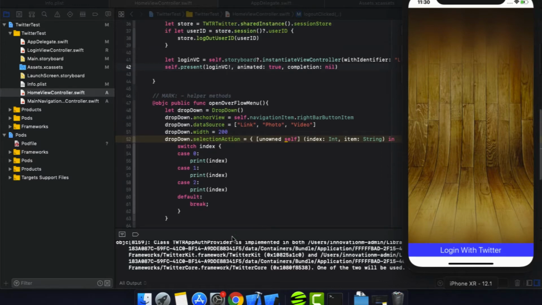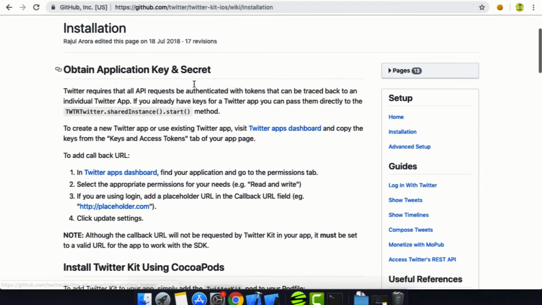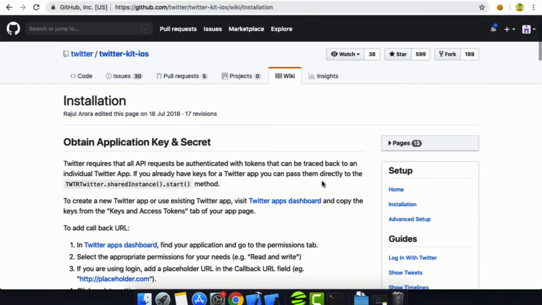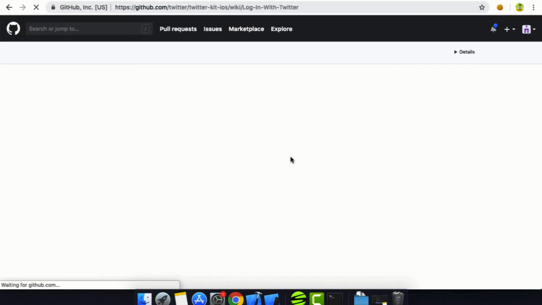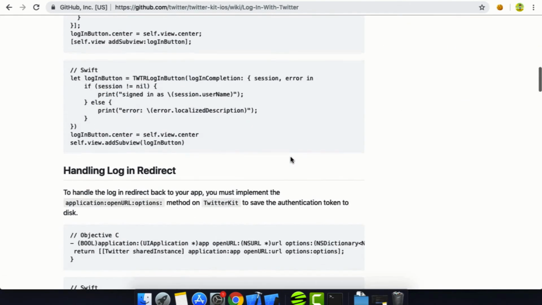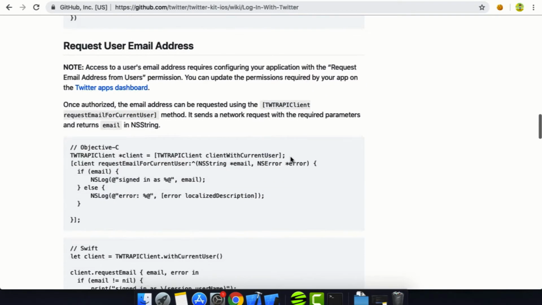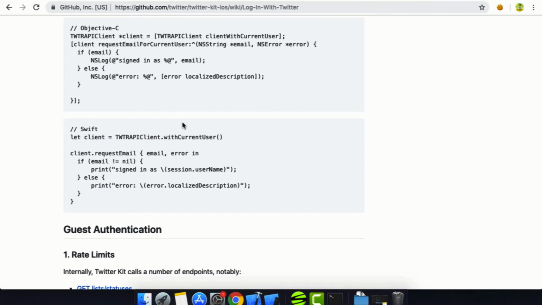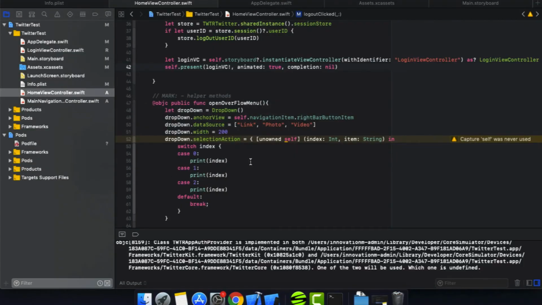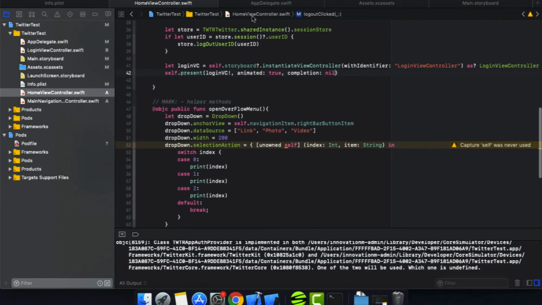We want to request the email also. So guys, for that, once again go on the Twitter Kit. In the Twitter Kit guides here, you can see the login with Twitter example is also there, right? The snippet code, and you can see the request user email address. So this is the code for requesting the user's email, right? So let's copy it. When we request after the successful login, we will request for